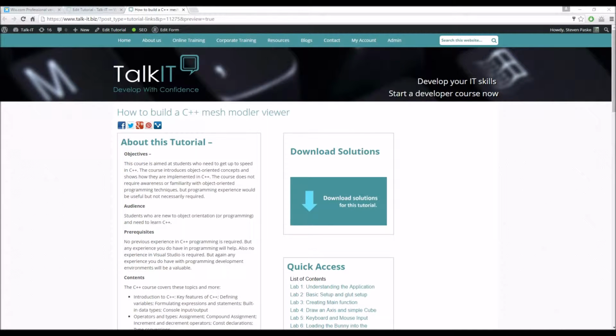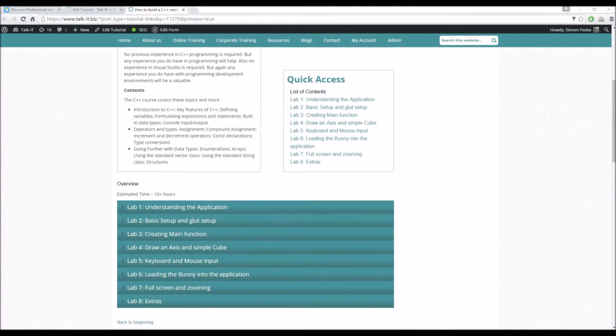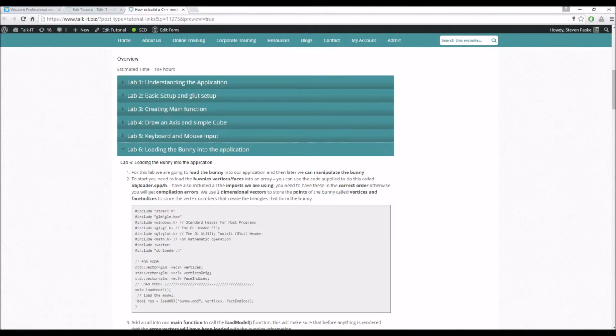So this is the C++ Mesh Model Viewer, and we're going to be using Lab 6, which is the important one for this, loading the bunny into the application. So straight onto it. We load our bunny into our application, so hopefully later we can start to manipulate it. So we're going to need to get our bunny into our